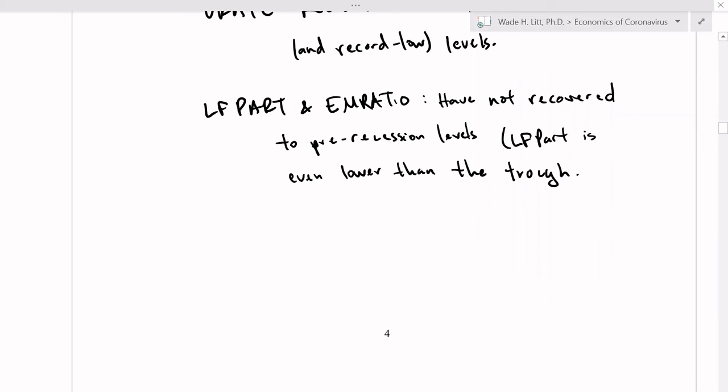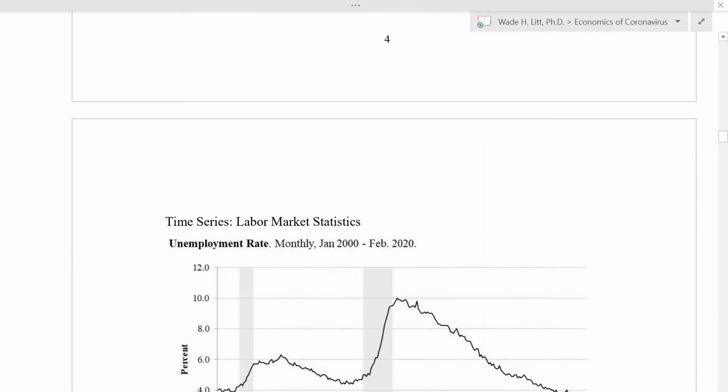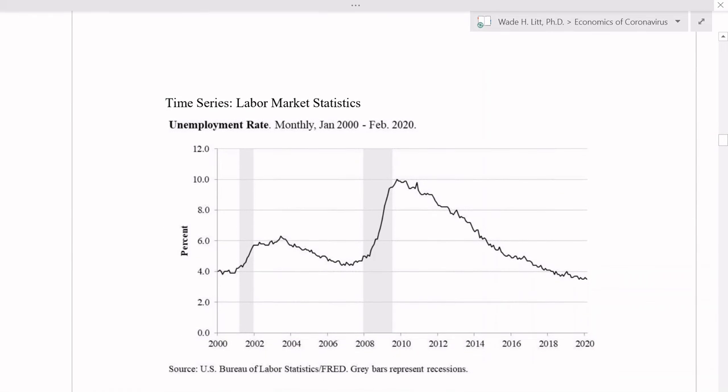Let's look at these time series based off of those numbers to finish up this first video, and then in the next video we'll dive into the more coronavirus related topics. Okay, so first